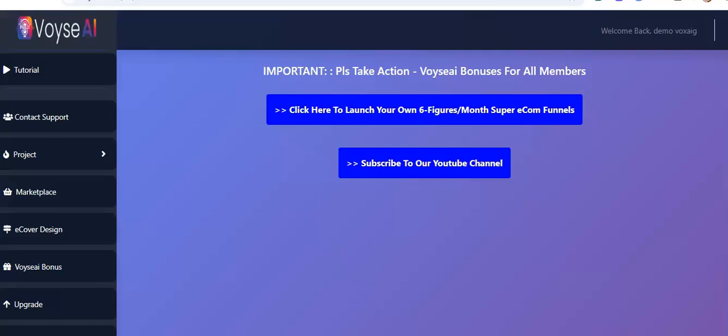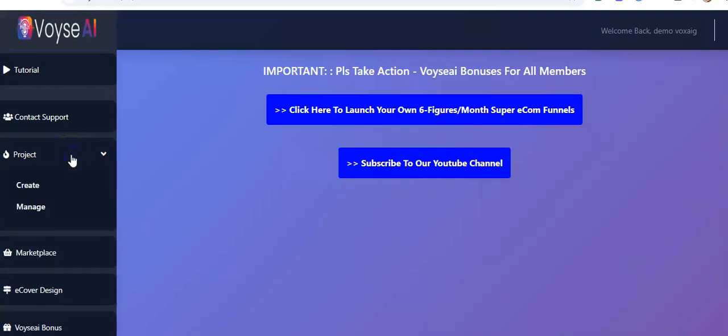Once you log into your dashboard here, you're going to see all of these features. What you have to do is very simple. Just navigate to your sidebar here, where you're going to see tutorial, contact support, project, marketplace, e-cover design, Voyseai bonus, and upgrades. So the first thing to do now is to click on project, and you're going to